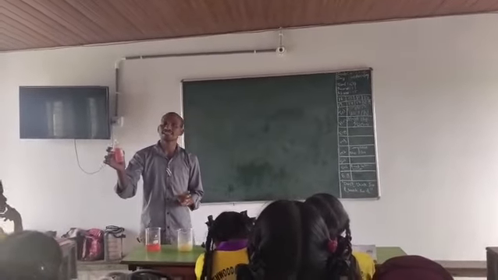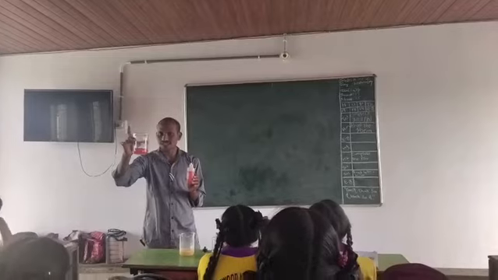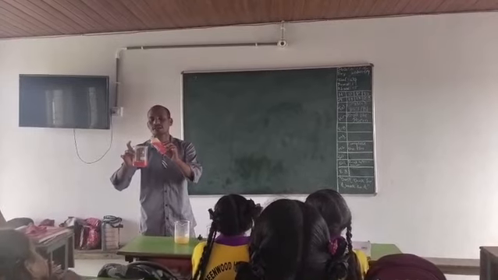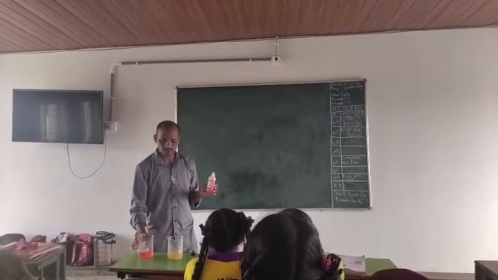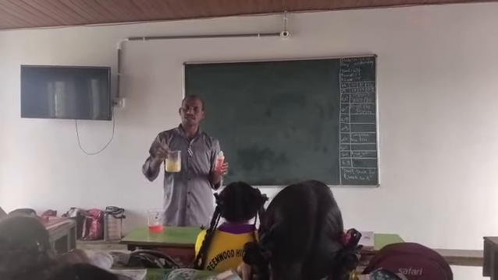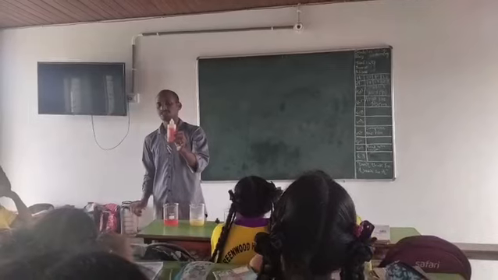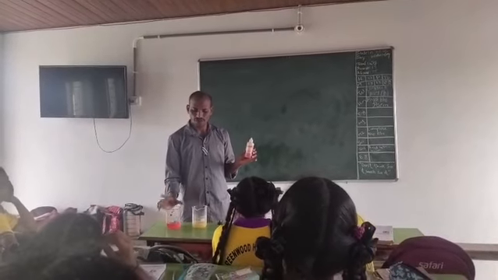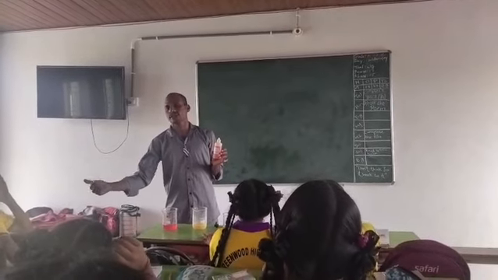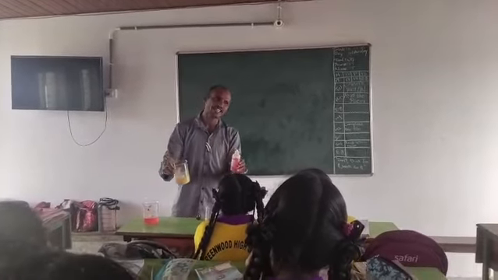See here, methyl orange is a chemical indicator. When methyl orange is mixed with acids, it turns into the reddish color. This is lemon water, acidic in nature, so when methyl orange is mixed with lemon water, it turns reddish. When methyl orange is mixed with the lime water, it turns yellowish. So what we are concluding is, with the help of methyl orange, we can find acids and we can find bases. How? When methyl orange reacts with acids, it turns reddish. When methyl orange reacts with bases, it turns yellowish or light yellowish in color.